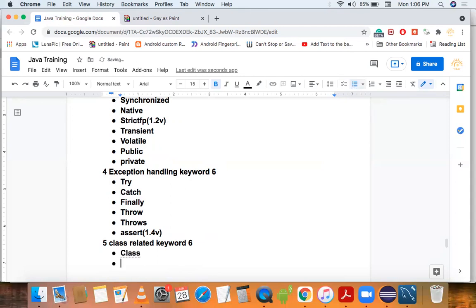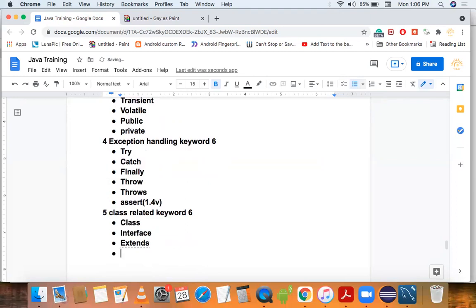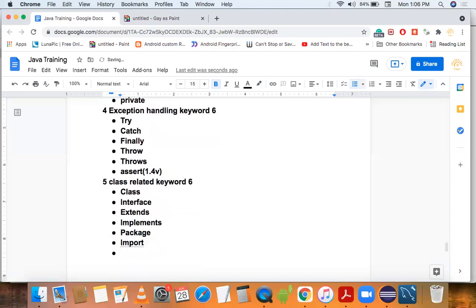First one is class, second one is interface, third one is extends, next is implements, next one is package, and sixth one is import. So these are six keywords which we use in class related.